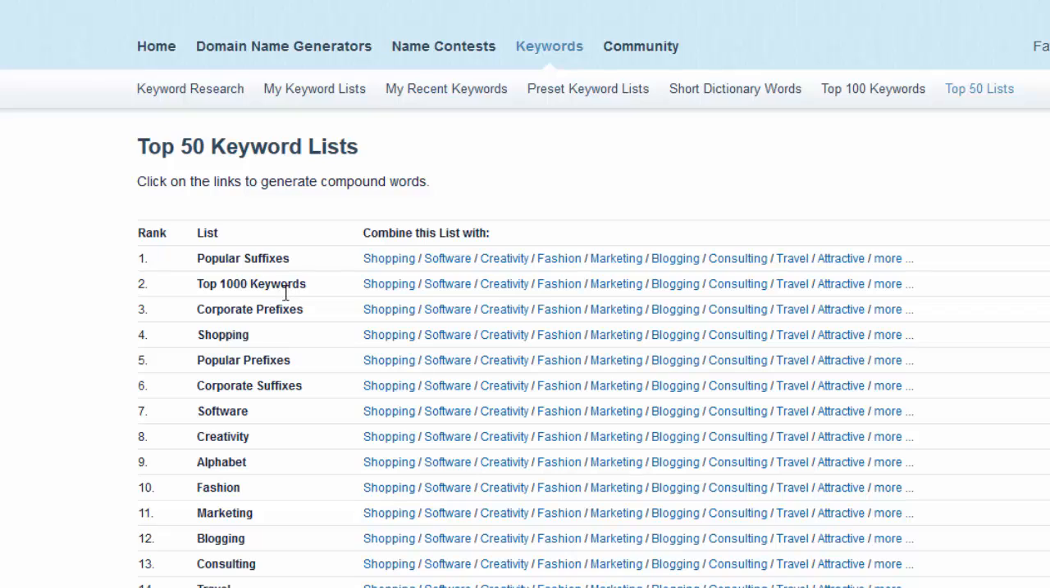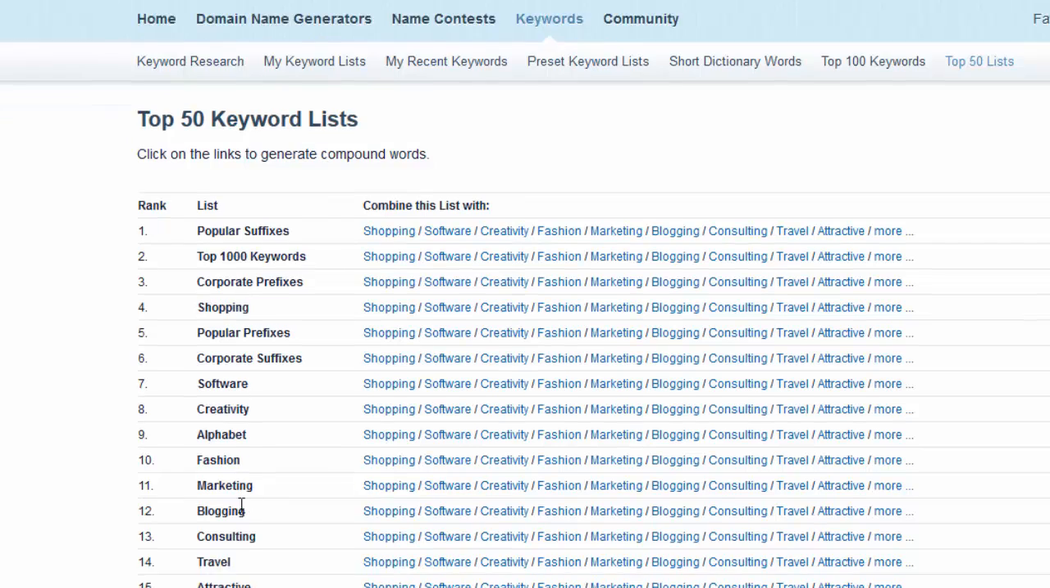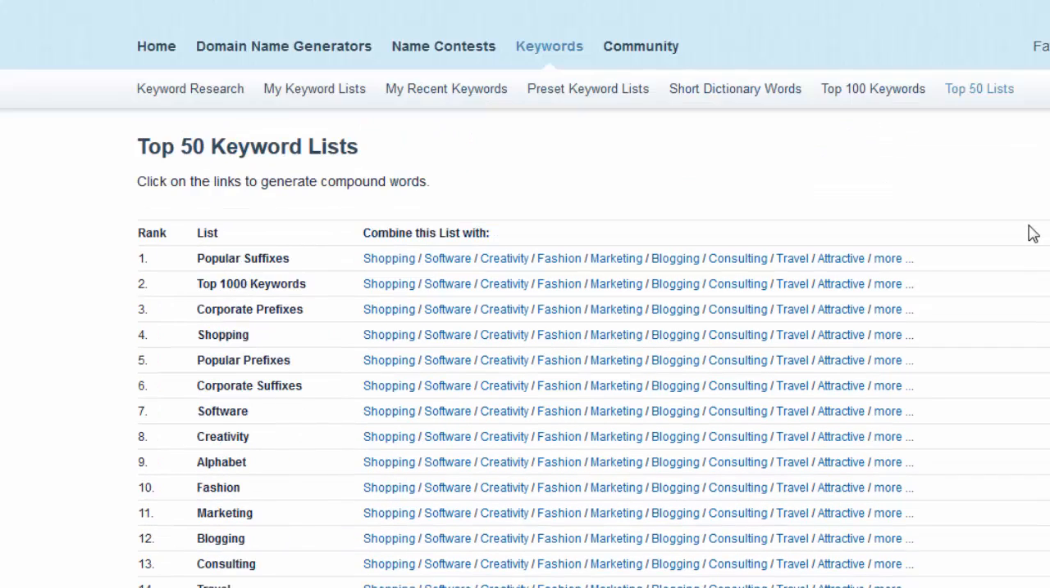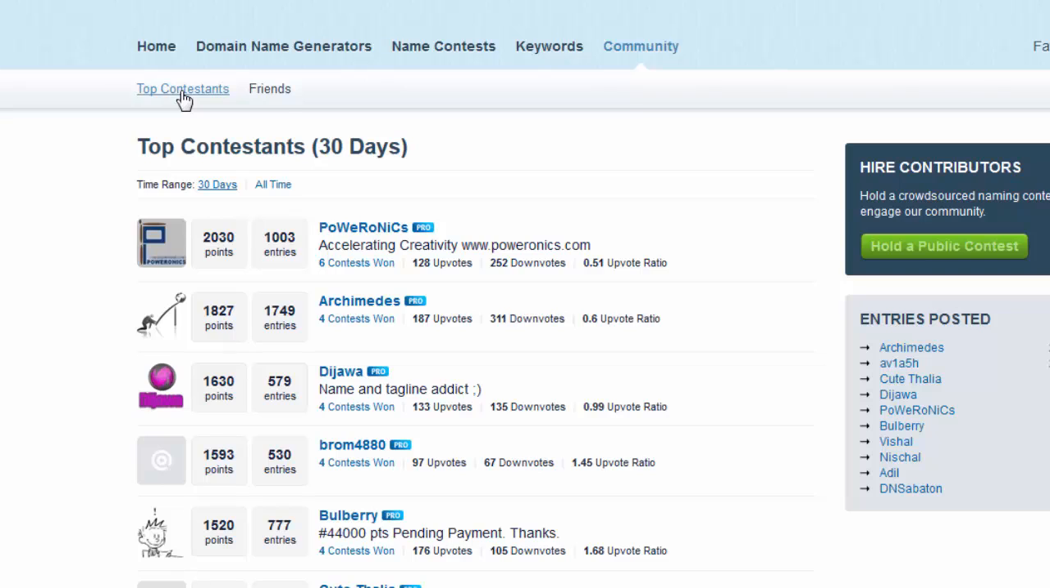Then you have top 1000 keywords, corporate prefixes, shopping. So there are 50 different lists that are available, and you can really dig deep and find some awesome domain names based on all these categories and lists. It's researcher's heaven. Then the community, which has two different components, top contestants and friends, and that's pretty much self-explanatory,